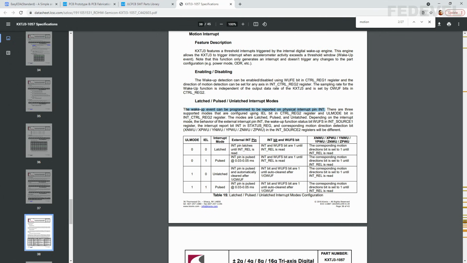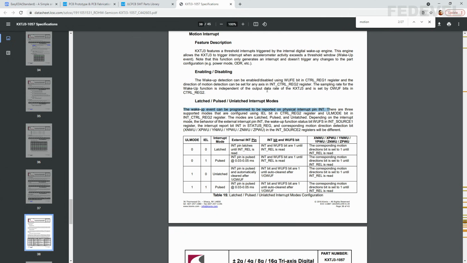This is exactly what we need, okay? So this chip can basically detect movement, and then it will change the status of this INT pin, and we can use it to wake up our microcontroller.